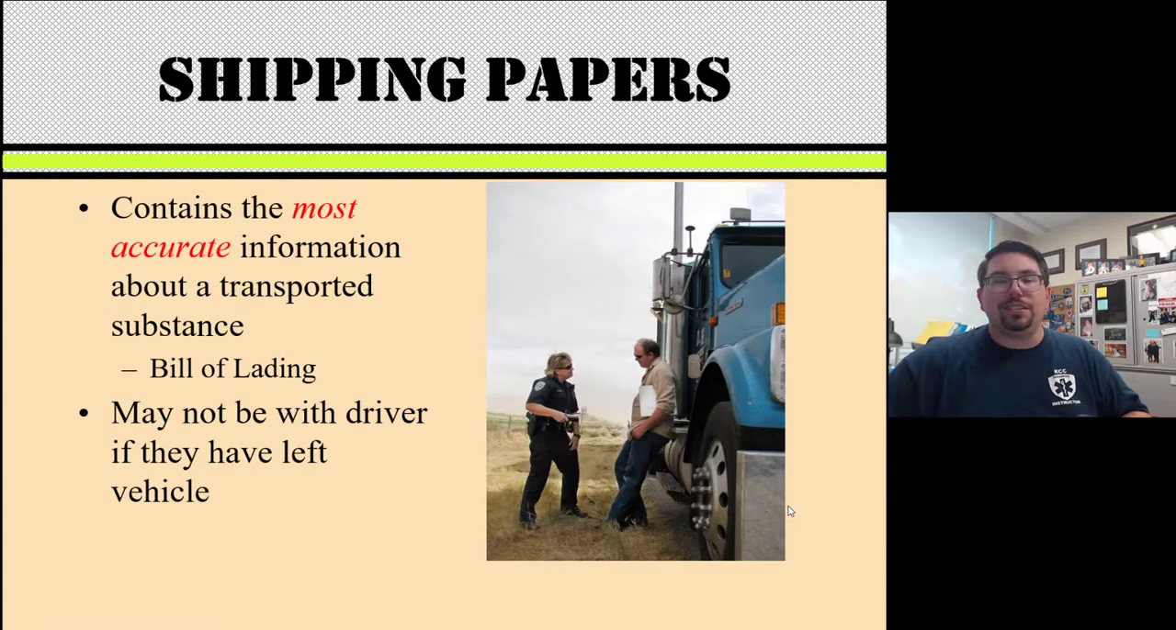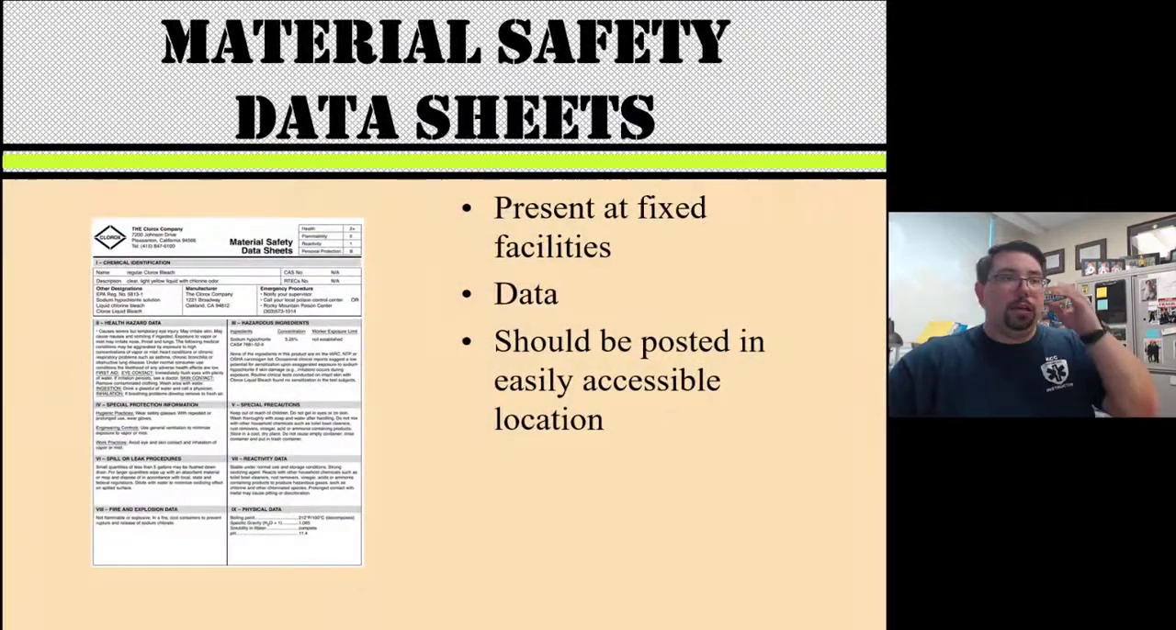Shipping papers are the most accurate information about the transported substance. We're looking for the bill of lading. And again, they're required by law to carry those shipping papers with them. It may not be with the driver, but they are in the vehicle. The question is, can you safely get to them or not? For fixed facilities, we're going to be using the safety data sheets. The safety data sheets contain all the data that's on there. They should be posted in a noticeable, easily located position, available for all personnel to be able to read and